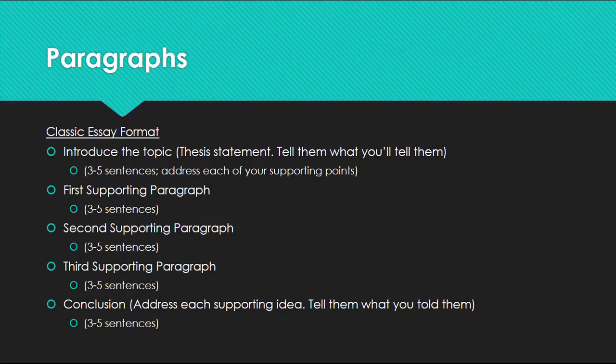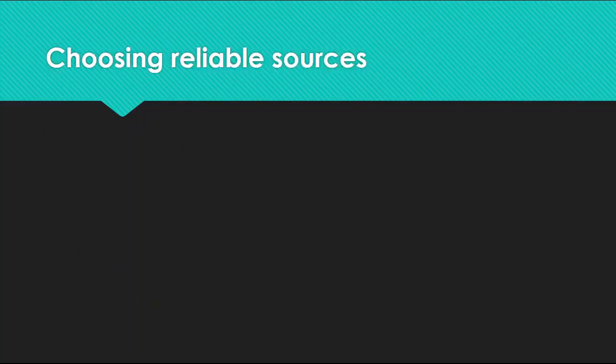If you have a longer paper, you put in more paragraphs, you put in more sentences, but this is a general classic guideline. This is what a paper on the college level should be based on, right? In terms of cars, right? We think cars have 4 wheels, they have windows, they have a body, there's seats on the inside, right? Within that, there's a lot of variation in cars. Just like that, that's how essays go.